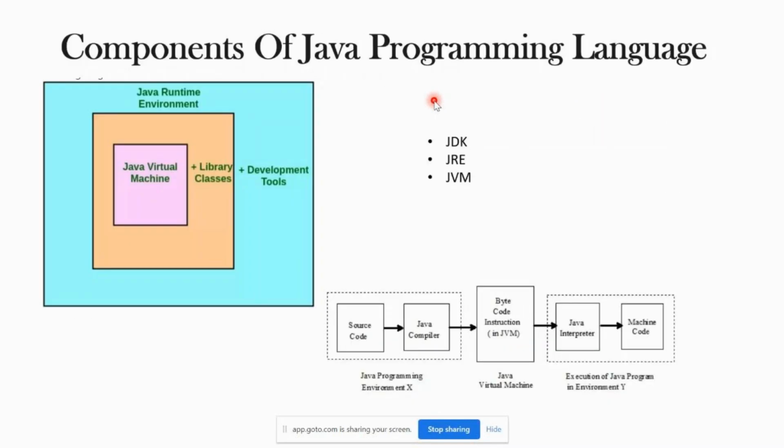Final thing is JDK, Java Development Kit. Who needs it? Developers like us need it, because we are going to develop the code. For that, we need some tools. We are going to run it in our laptop itself, so we need some libraries. We are going to execute and see the result also on the same laptop, so I need JVM also. So any developer who is going to do Java development alone needs JDK, Java Development Kit.